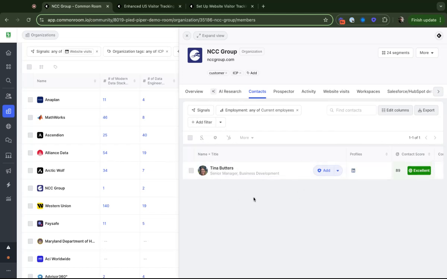And if those contacts are who you'd want to reach out to, that ideal persona, that's the play. You come in and you either add them to a sequence or email them or whatever you're going to do. But in the event that you don't have a contact that's relevant in here, the next play that you can do is